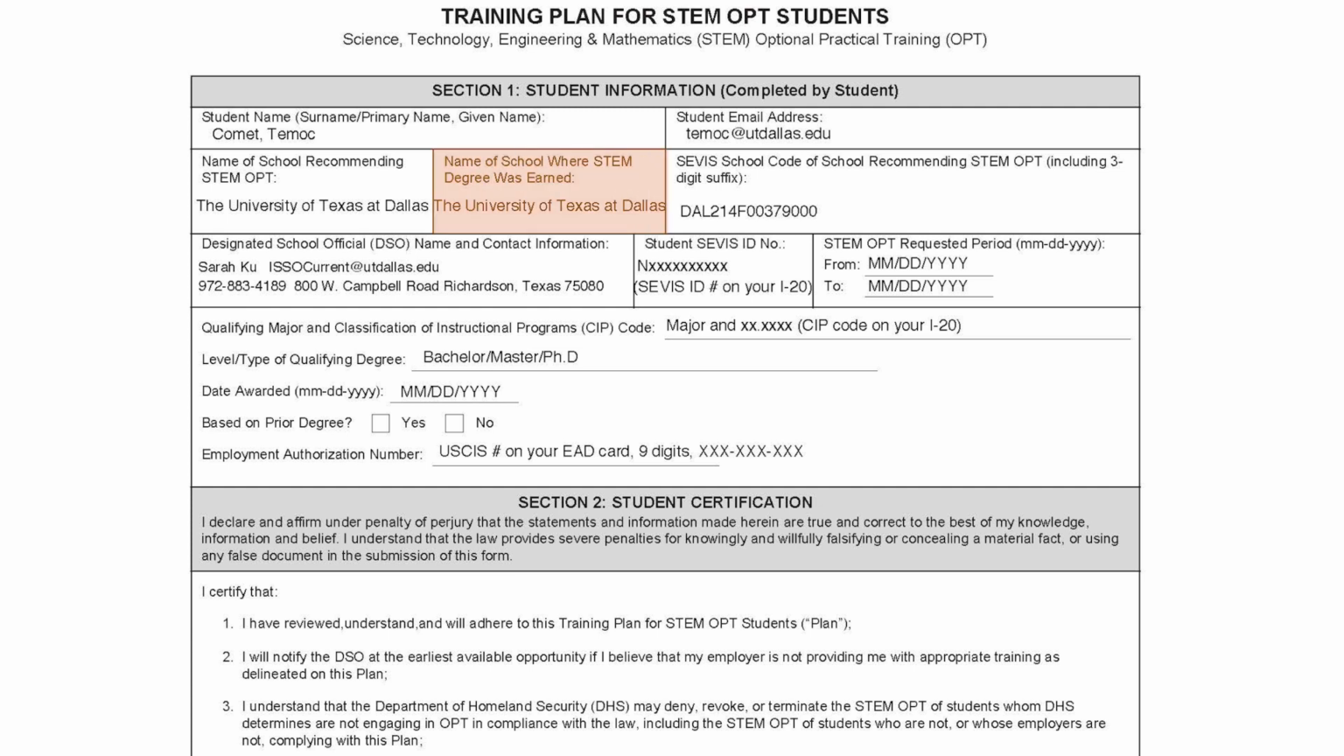If applying based on a previously obtained STEM degree from the past, enter the name of the school that awarded the degree. If applying based on your most recently obtained STEM degree from UTD, enter the University of Texas at Dallas. Enter the SEVIS code of the school recommending the STEM OPT, including the 3-digit suffix. You can find the SEVIS school code on your I-20. The code for UT Dallas is